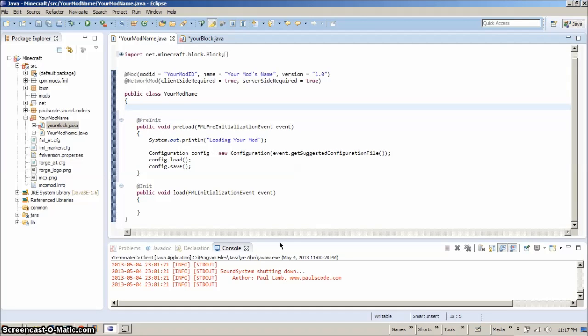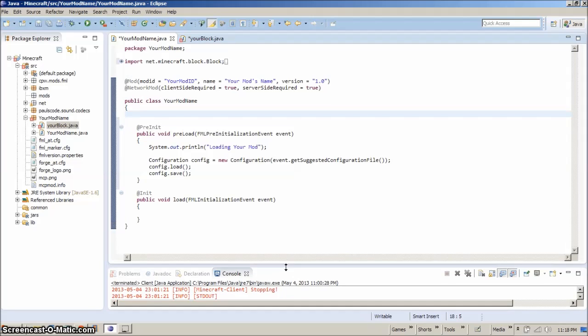Just this bit of file that we had here. Let's shrink this down, get it out of the way. What we're going to do is add a creative tab. The way we do this is we add a public static creative tabs, and we'll just call this your creative tab, is equal to a new